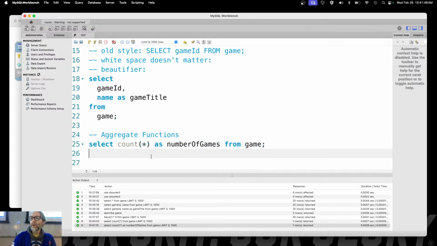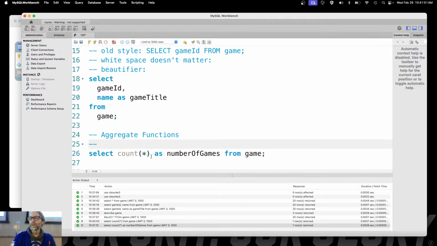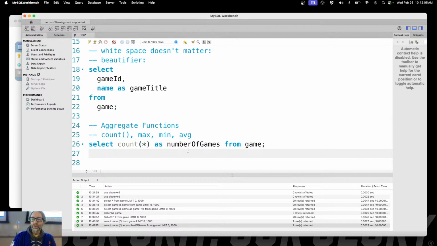So there are other aggregate functions. We've already seen count here now. There's also max, min, and AVG. So max, min, AVG is short for average. It's not AVE, it's AVG, okay? So let's go ahead and select